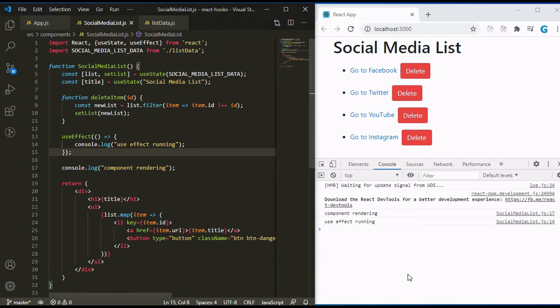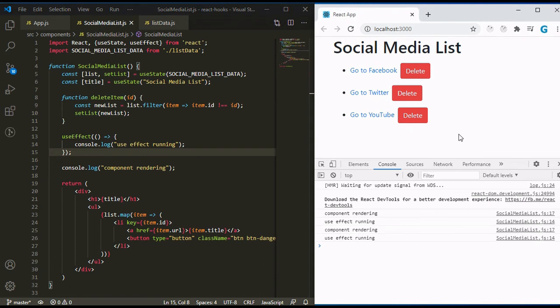So this is the first case, when our component mounts and useEffect runs, and the second case is when we perform any action on the UI or DOM. So for example, let's perform an action on the UI, just delete an item from the list. Again we can see in the console, component re-rendering first, and after that the useEffect console message is printed.